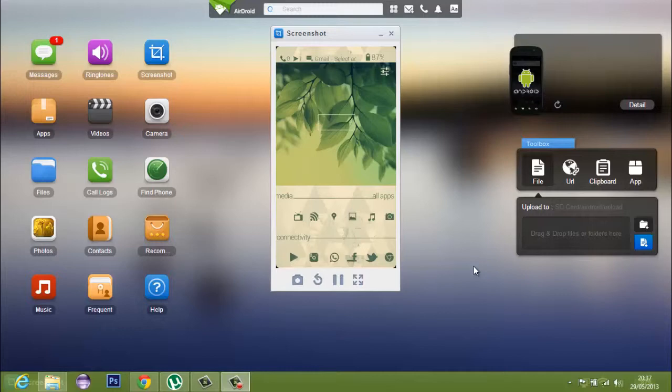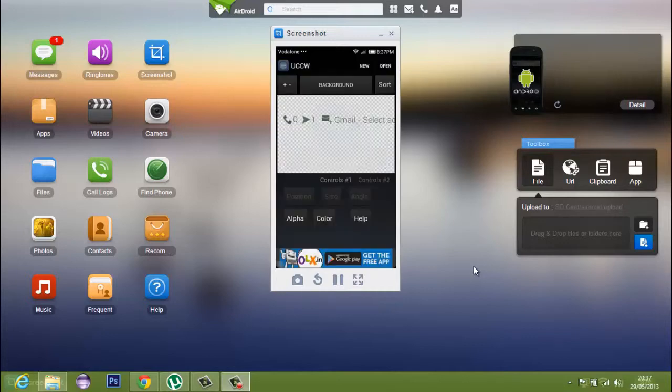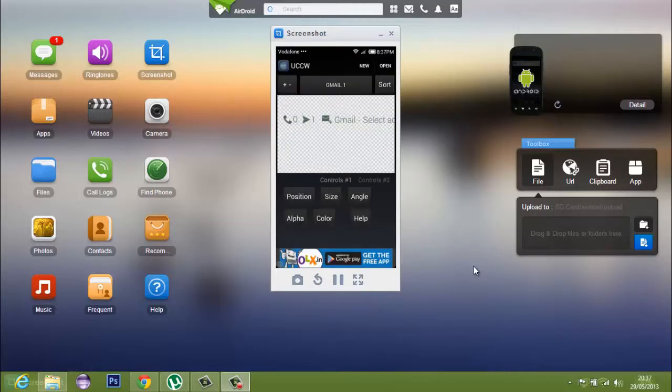Now this one is to activate that Gmail part on our status bar. It says select account. So what we'll do is we'll open up UCCW by tapping that widget where it says background. We'll select it, and we'll go to Gmail 1 now. We'll go to Gmail 1,